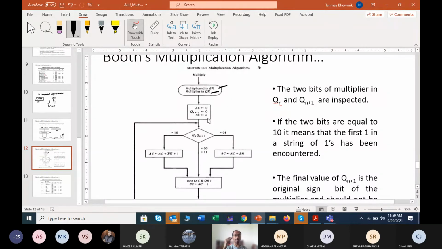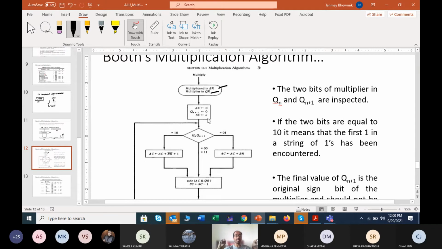Okay. So now again you are checking the same thing I just told you: you will check as a whole the combination of Qn and Qn plus 1. So you have just kept two bits, that means 1 0. It means in the most significant bit it is 1, so it tends to the subtract operation. 0 1, that means the most significant bit is 0, so it tends to addition operation, right? So whenever you take these two as a branch, if you get 0 1, you will simply add. If you get 1 0, you will simply subtract.